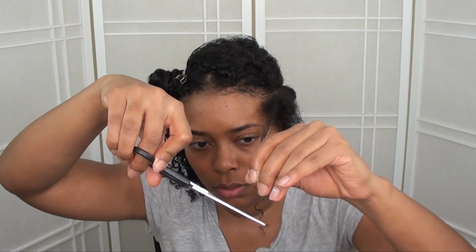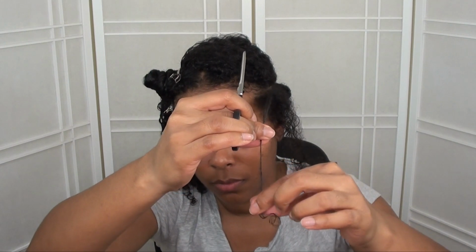Looks better. And the last little piece for this section. You can even use your fingers to force the curl if you need to, instead of waiting for it to, you know, shrink up or whatever. Alright, so it's like really thin on the end here, so just gonna snip off that part of it. Alright, so we got this little part done. Already that feels so much better. Like when I'm doing this, it's a lot smoother now. And put this out the way